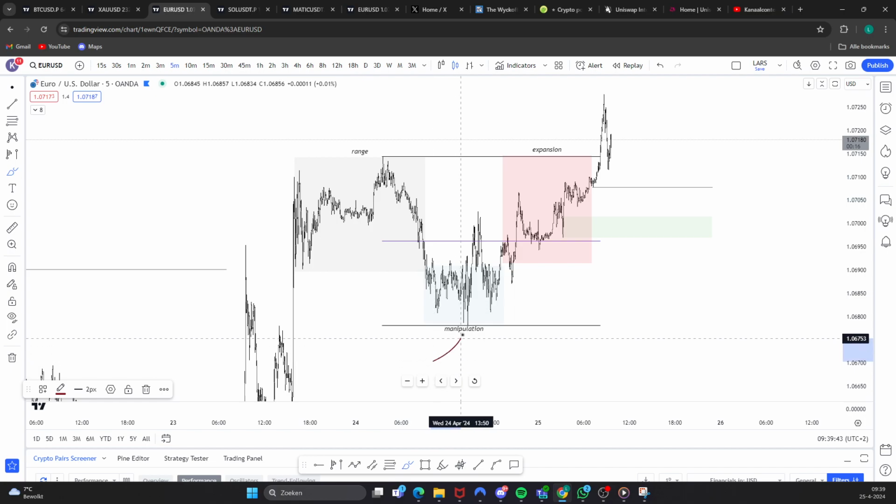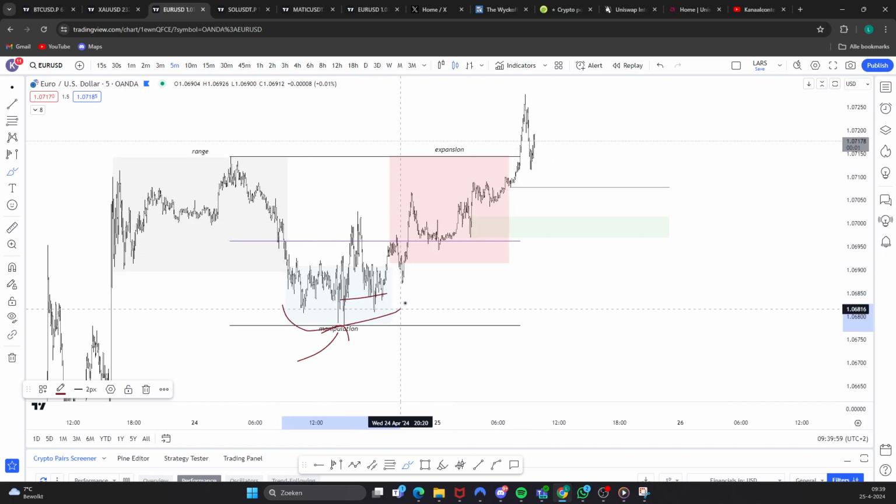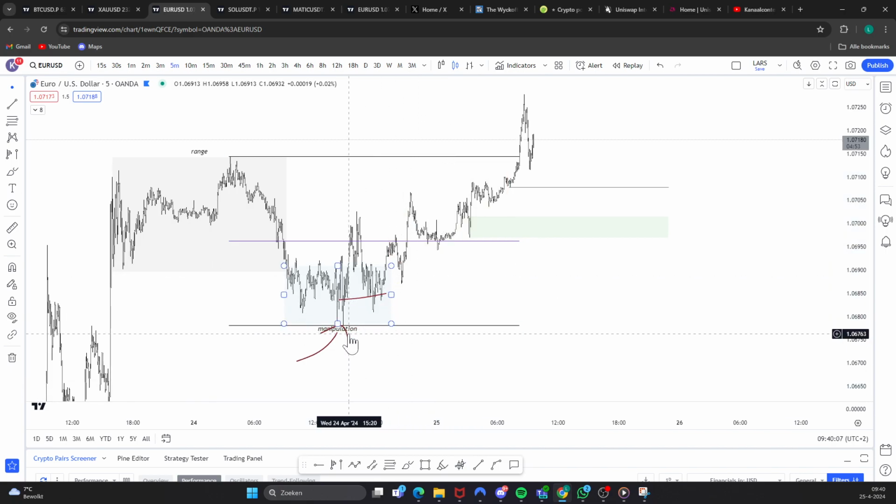Because you guys know I got a long from here. However, I got stopped at entry after hitting 90% of my TPs, and then we went higher, which is totally valid because it just created a bigger bottom, like a more rounding up type of bottom, which is fine. Also continuing that 4 to 6 hour market structure that I was talking about,